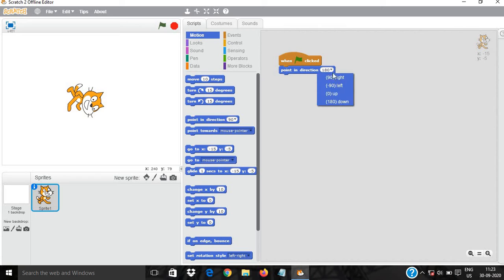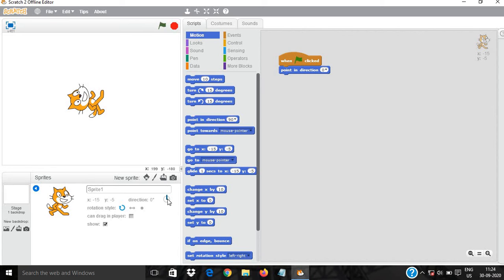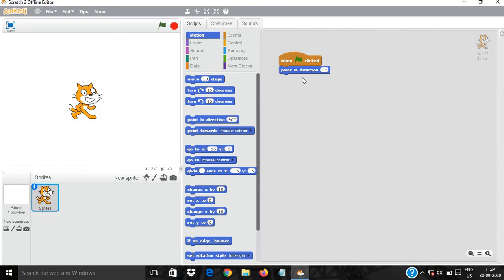Now let's see 0 degrees, that is up, so it will point to this side. See, it pointed to this side. Let's check right. Right is the default. Now the left. See. Now let's go up. Or you can also change the pointing direction by clicking on the eye and setting the pointing direction to 0, by correcting the direction of the circle line. Okay, done.